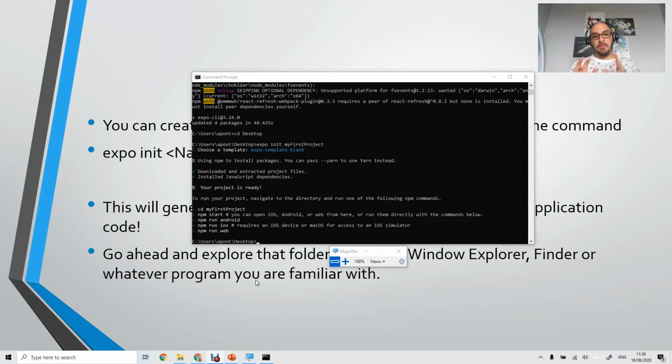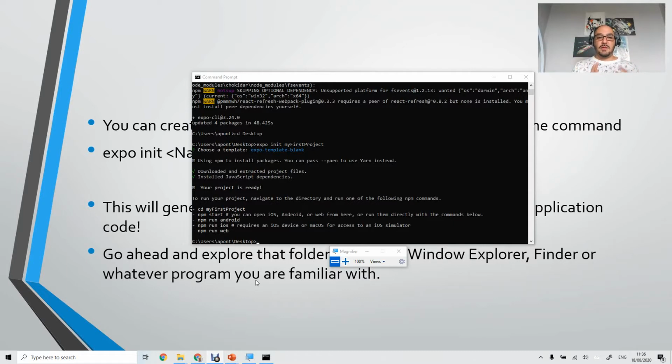My project has been created already, and I have a couple of options in here. The command line straight away is telling me you can cd my first project, so it will go into that particular folder, or I can run a couple of commands in here. Before we do anything, I just want to explain these things one by one. I don't want just to try things for the sake of trying them. I'd rather understand what we're doing in here. So the first thing is